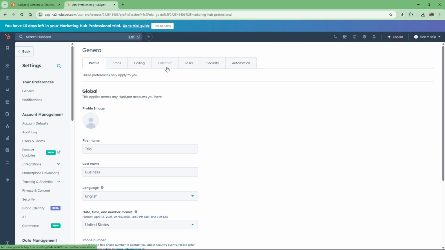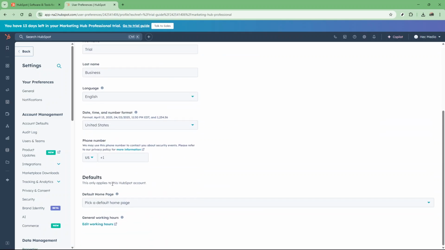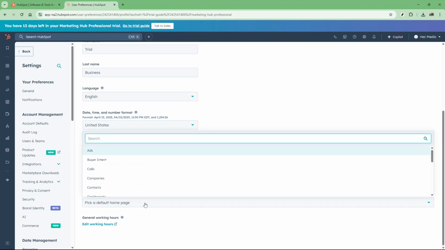As you scroll down the page, you'll find the section dedicated to your profile settings. This may include personal information, but for our purposes today, we'll want to focus on the Defaults section. The Defaults section is crucial because it allows you to define what you want to see when you first log in. You'll notice that HubSpot provides a variety of options to choose from, such as your contact dashboard, sales dashboard,